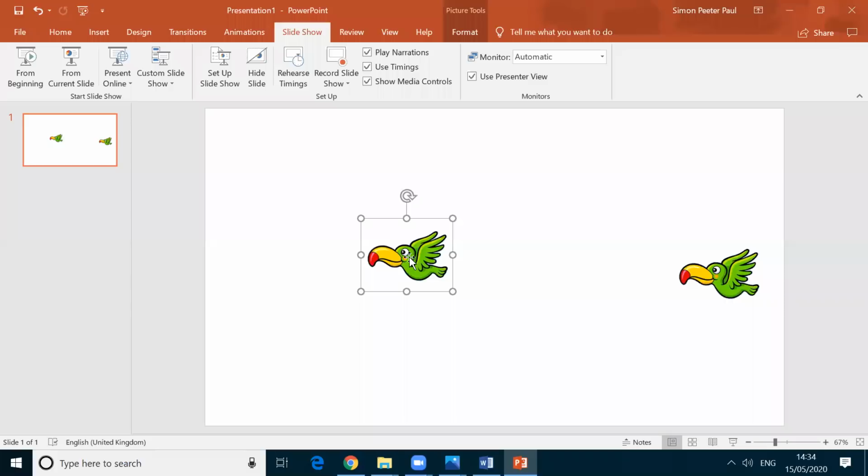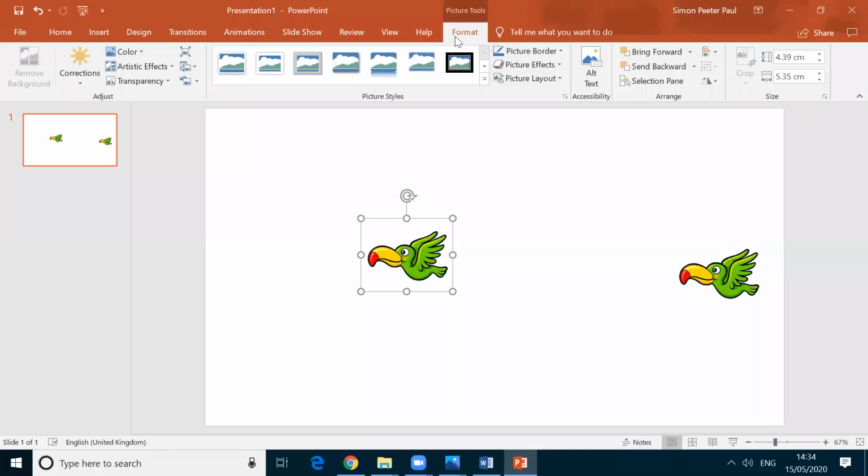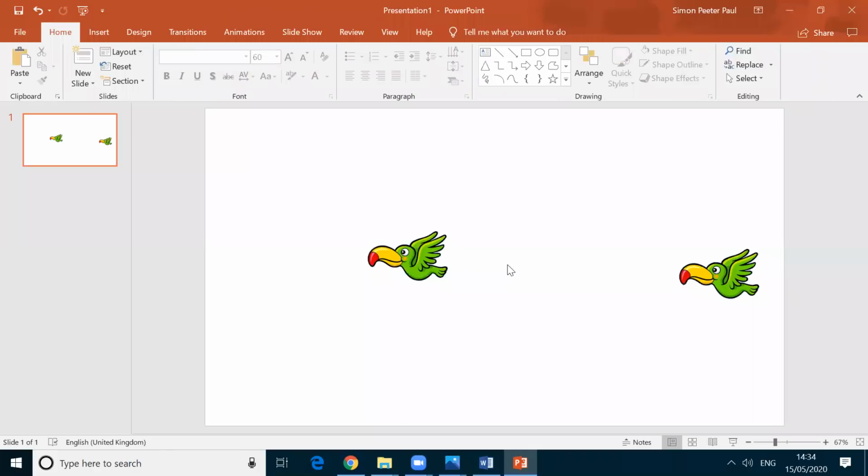I want this bird to come from this side in linear motion. So I want to rotate this one. I can rotate in this way, but I can't change its direction. So to change the direction, yesterday Sir told, I double click on it, automatically the format menu enables. See here. Now it's in the home menu.